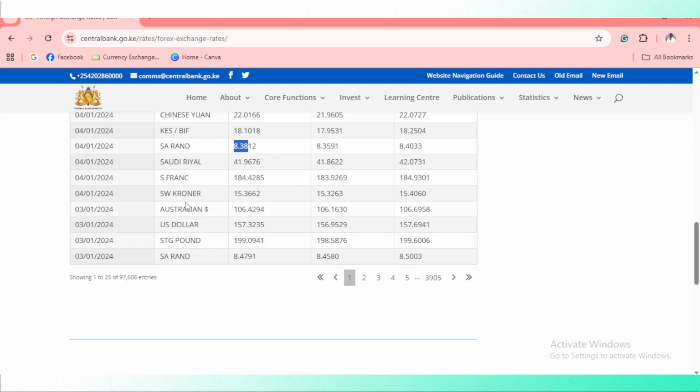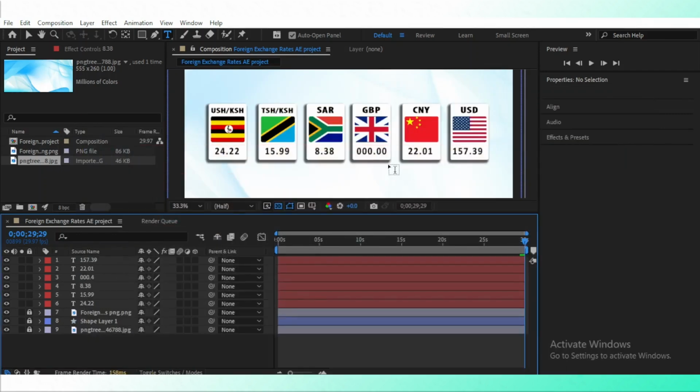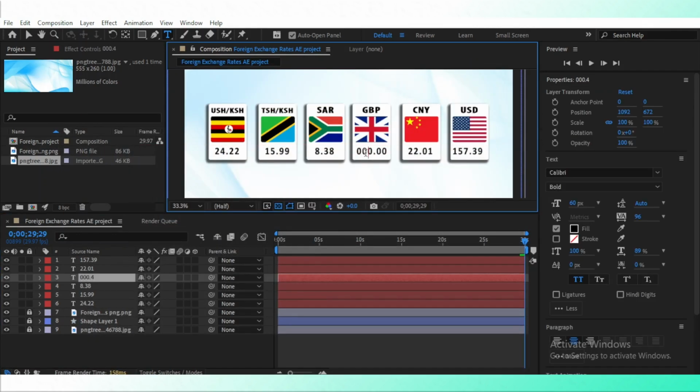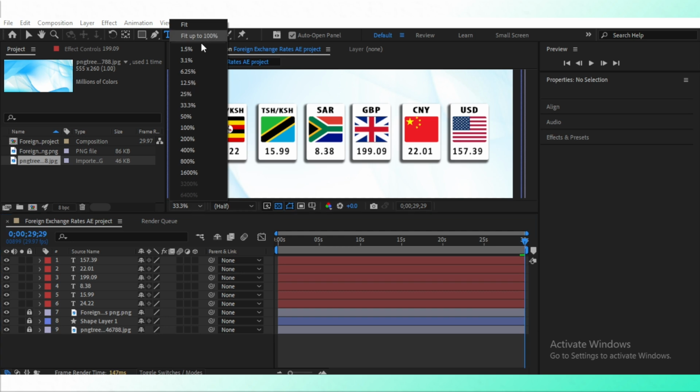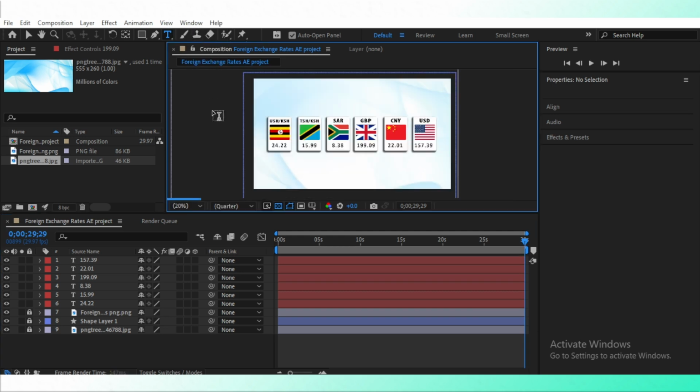And lastly, the Great Britain pound, which is also called the sterling pound. And now we have all those figures. All those figures